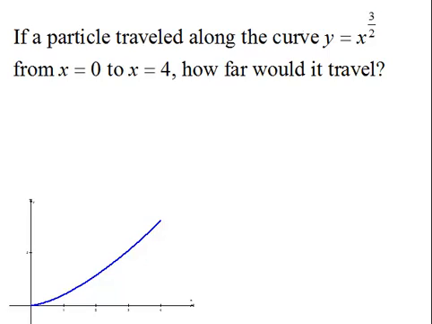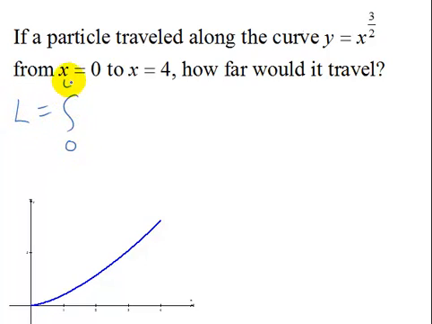If a particle traveled along the curve y equals x to the 3/2 from x equals 0 to x equals 4, how far would it travel? So we can look here at the graph and we can see the path that this particle follows. And in order to find out how far it traveled, we are going to find the length of that curve